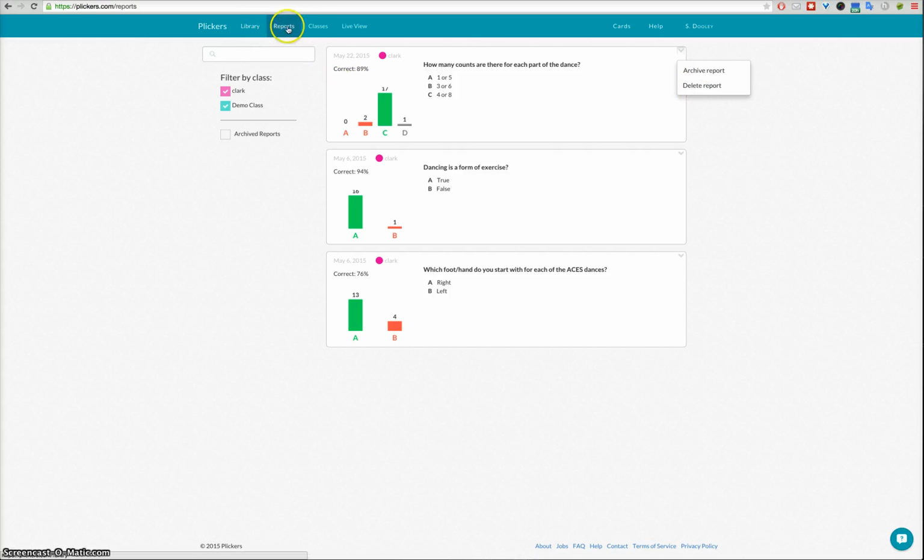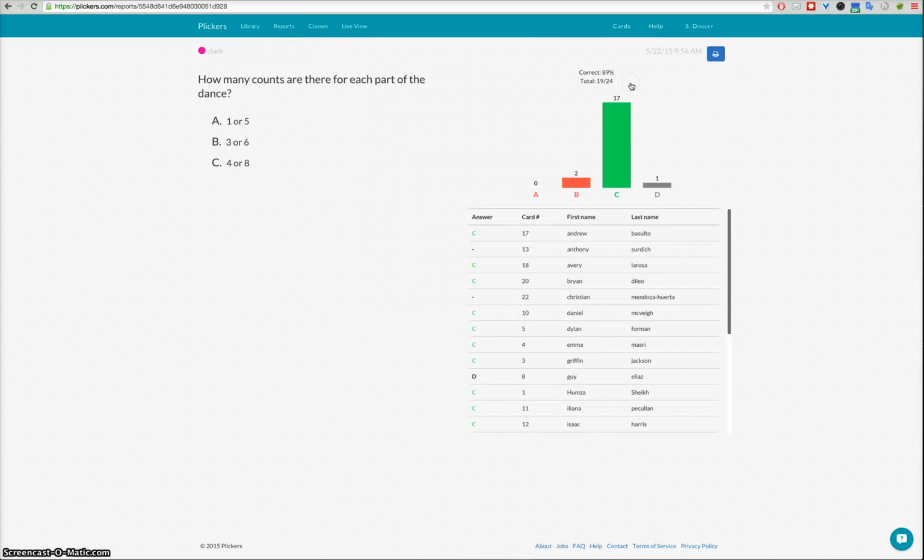You can do that as well for your questions and your classes. Basically, that's just the way to get it out of this to clean up the view that you would see. Anytime you archive a report, it doesn't really lose it. It just keeps it. Now, if I click on the report, I get a full description of it,